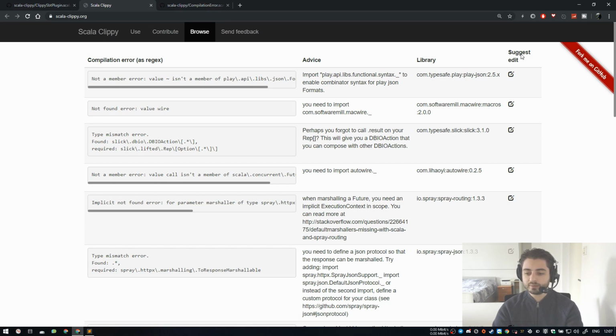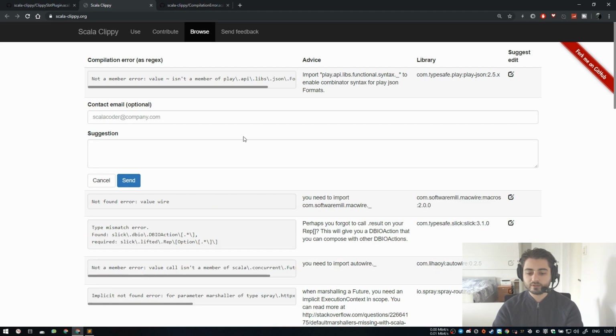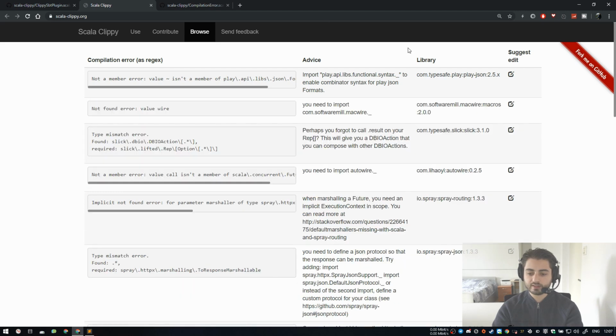So the last column is just a suggest and edit button, so you can click over here and suggest and edit if you see a mistake or something. The second column from the right is the library for which the advice is applicable. And notice that it doesn't have the Scala version, right? So it doesn't have the underscore 2.12 or underscore 2.11 or anything like this, right? So you just see the version, and you can use those axes to say that it should apply for the minor versions,